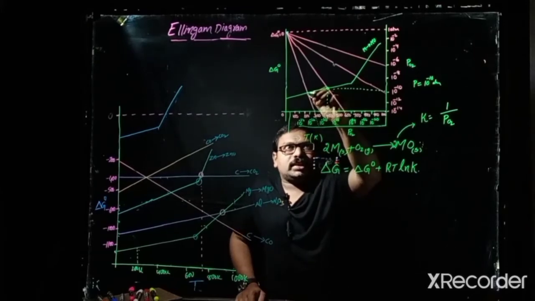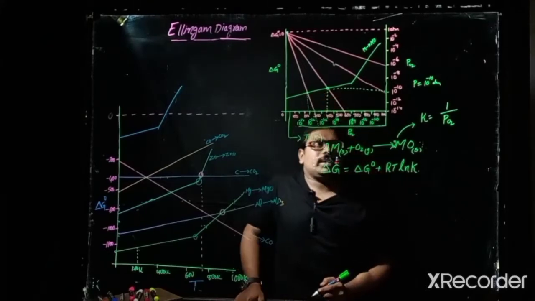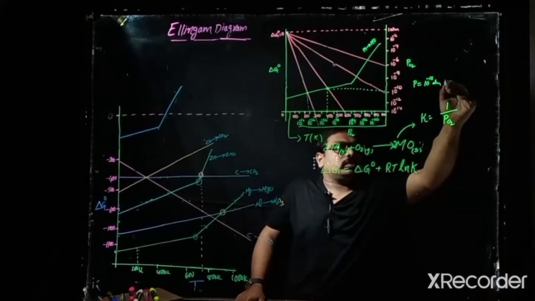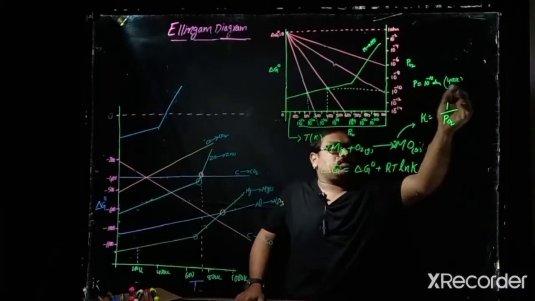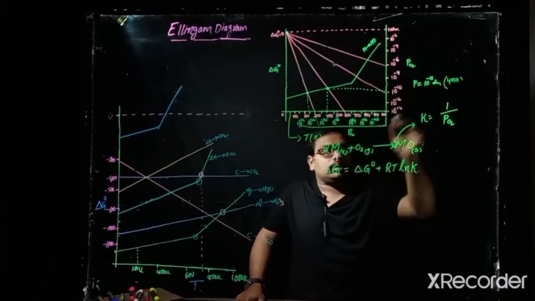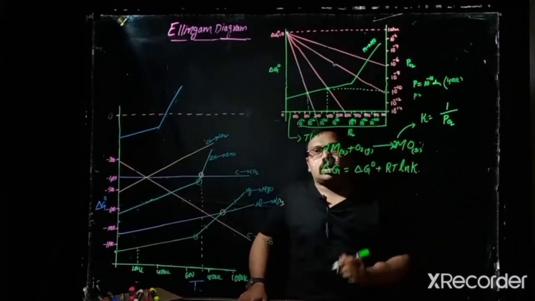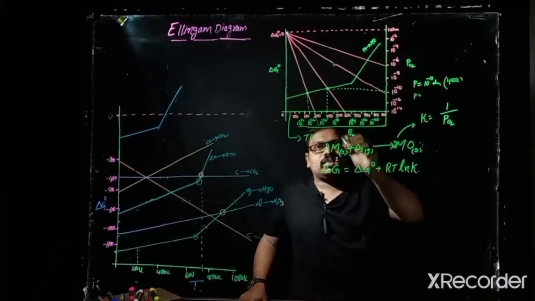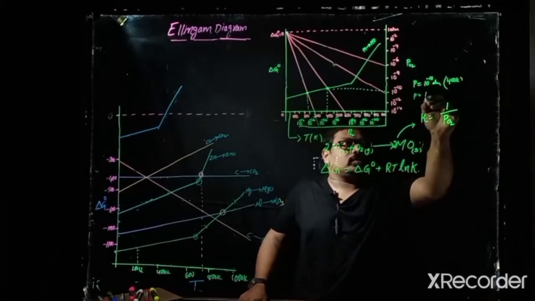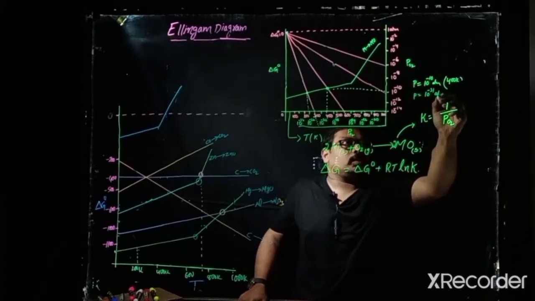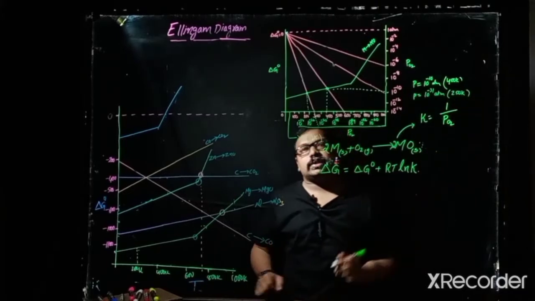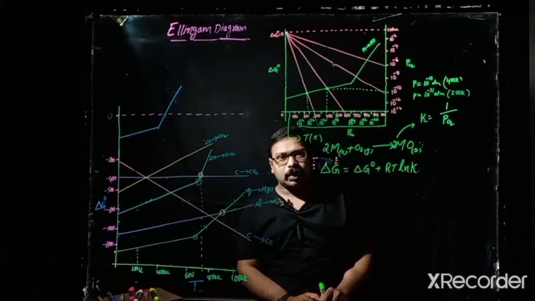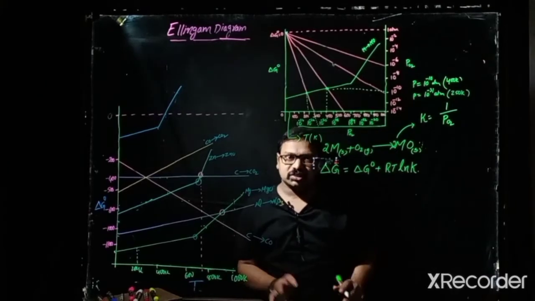Now here this is the intersection point, so this will be 250 Kelvin. And this is at 400 Kelvin, where the partial pressure will be 10 to the power of minus 10 atmosphere. So the partial pressure of oxygen at 250 Kelvin, what we are getting here, is around 10 to the power of minus 31 atmospheres. Just like that we have to find the equilibrium partial pressure of oxygen at various temperatures.